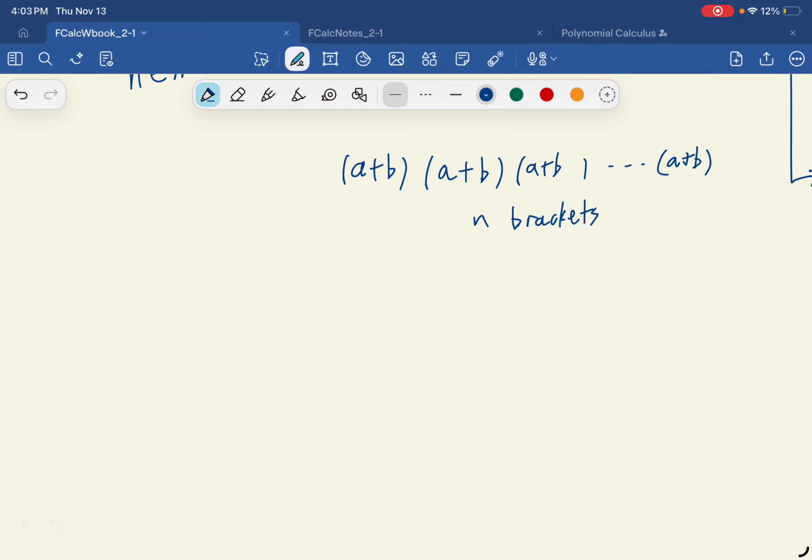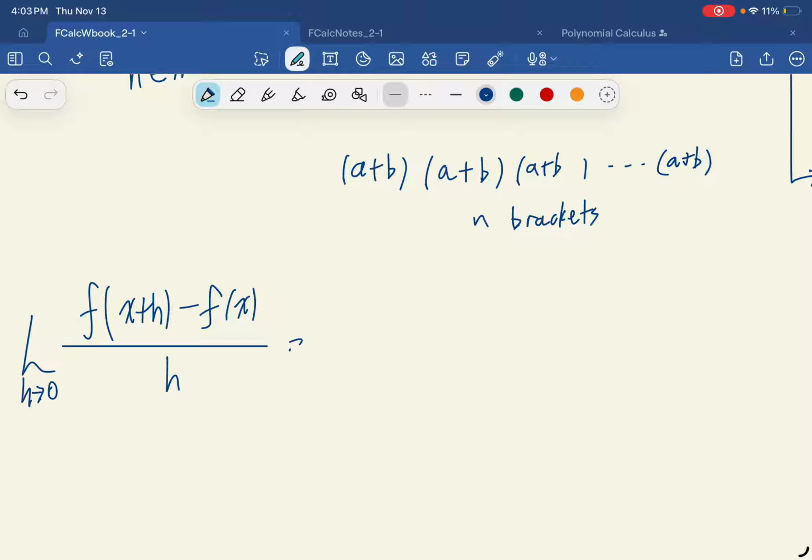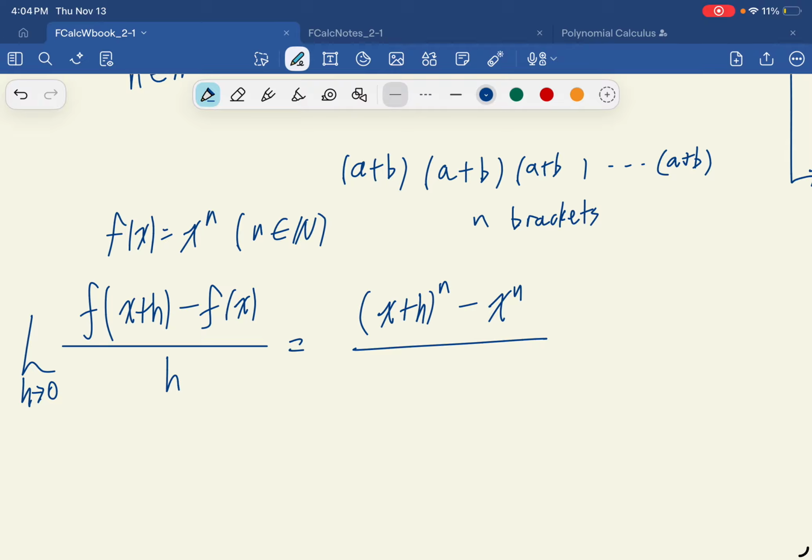So the definition of the derivative is always f of x plus h minus f of x divided by h, as limit h goes to 0. In this case, my f of x is going to be x to the power of n, where n is going to be a natural number. Now, if we replace f of x with the actual function, we're going to have x plus h to the power of n minus x to the power of n divided by h, as limit h